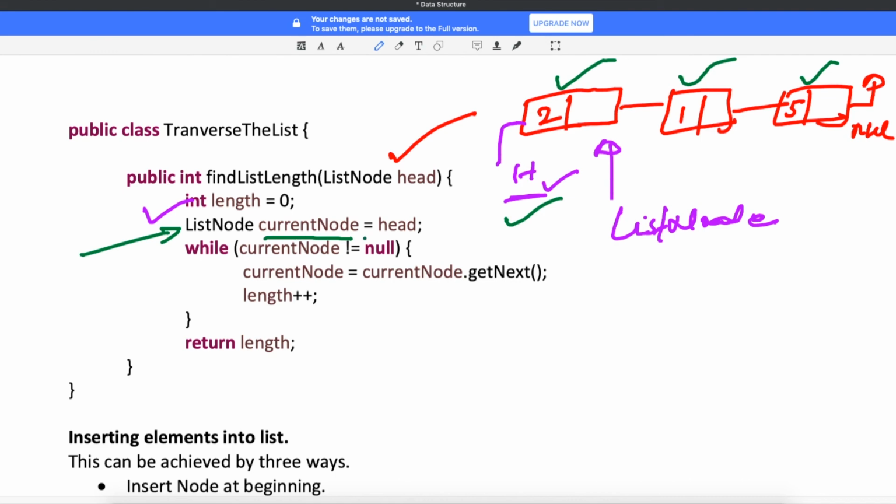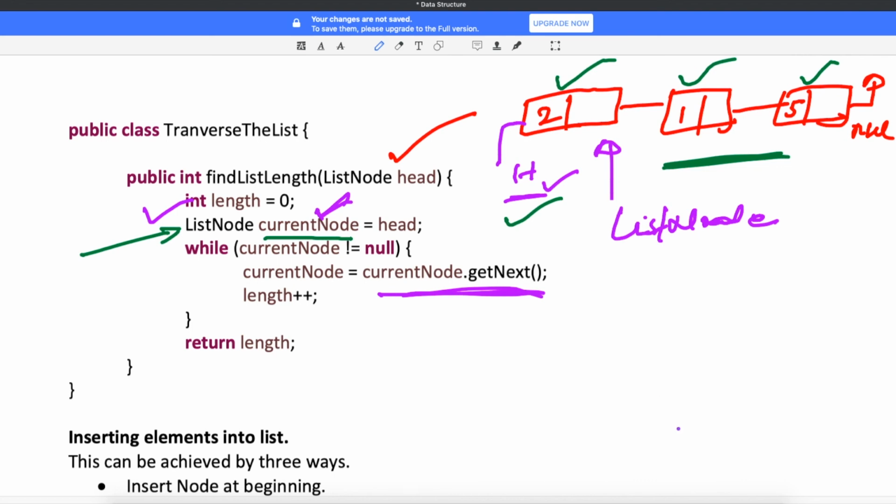Now I'm running a while loop. I need to put one preventive check saying that if the list is not empty, it has a linked list, this list has some data. If it has data, then while current node is not equal to null, the variable is already assigned here, current node equals current dot get next. Where does get next come from? I will show you in Eclipse, but try to understand.